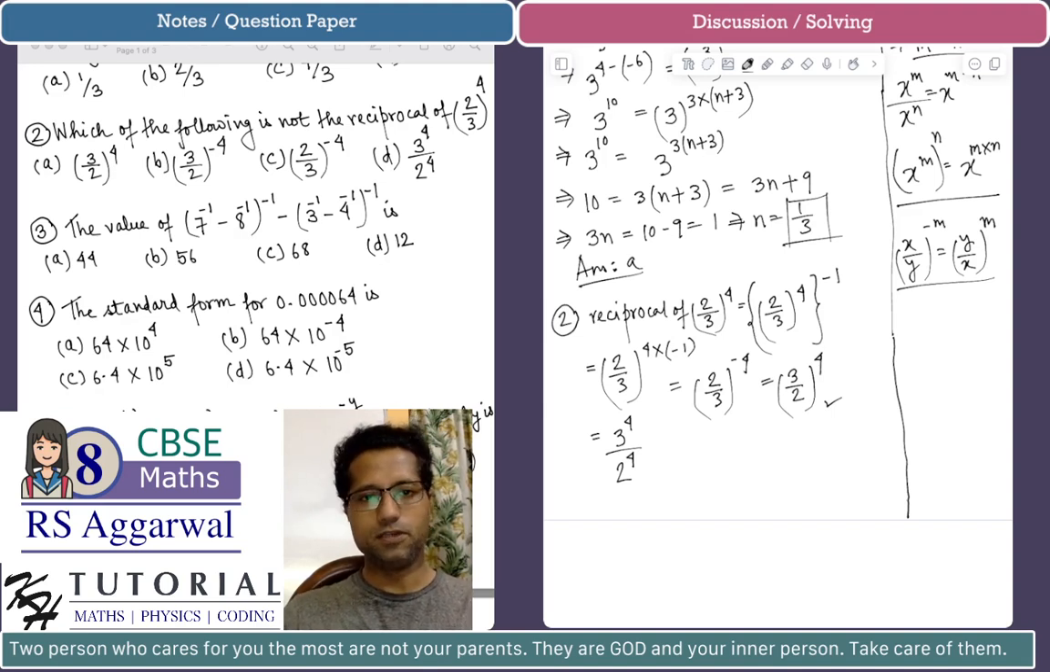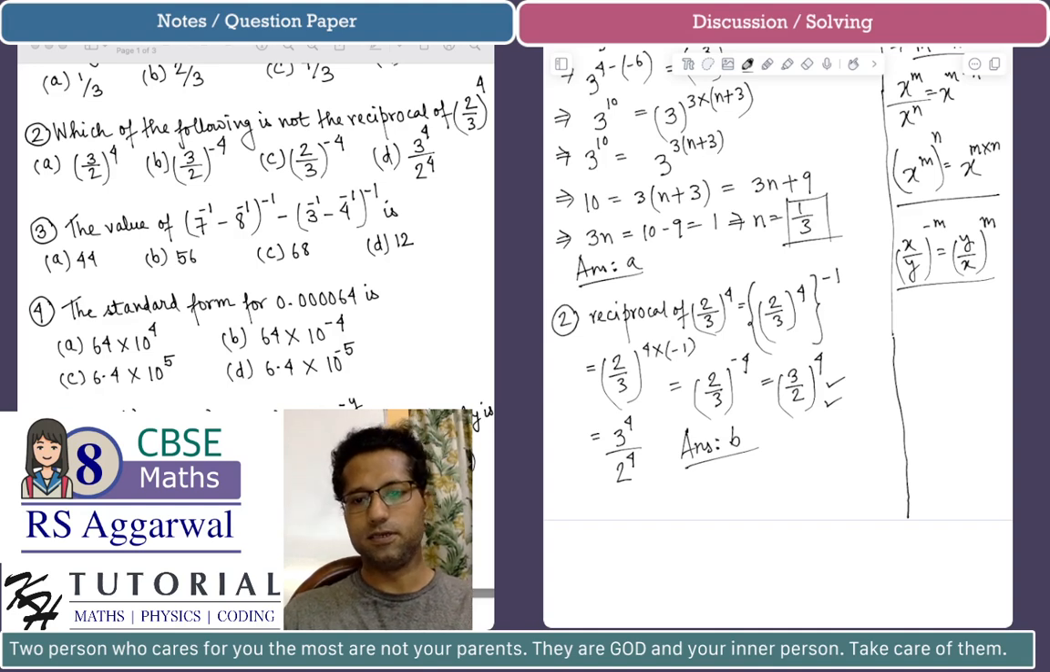What is B? B is (3/2) raised to the power minus 4. No, it cannot be. If this is the correct answer, then (3/2) raised to the power minus 4 cannot be the reciprocal. So immediately we will say the choice we have to select is B, because (3/2) raised to the power minus 4 is not the reciprocal of (2/3) raised to the power 4. Now just to check whether option C and D are also the reciprocal of the given number,